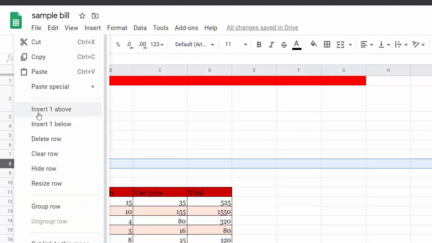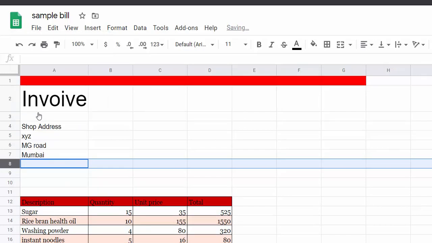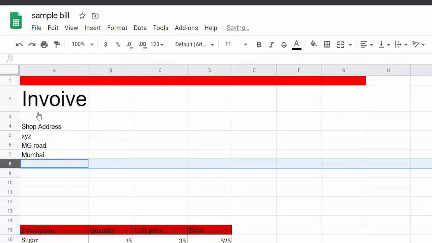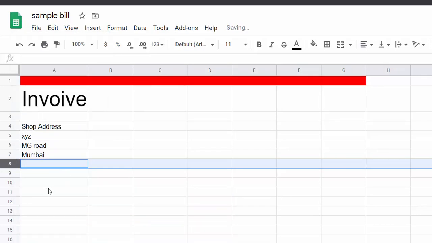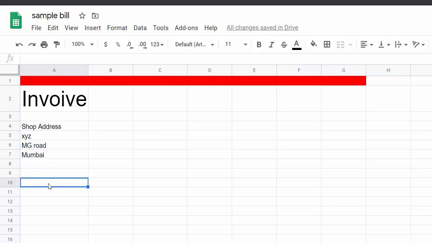So if you want to add. If you don't want to insert, don't insert. To repeat the operation, I am saying F4, F4, F4. I am leaving few rows and I am saying shipping address. And here also I am saying